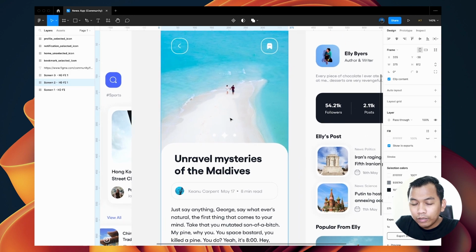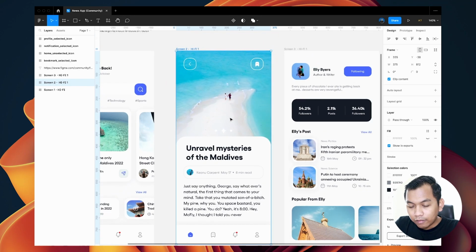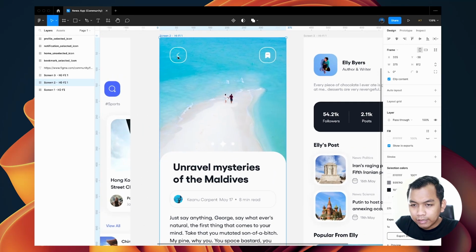So you need to download the new assets from the link in the description below and replace the previous ones to get this arrow icon and bookmark icon.